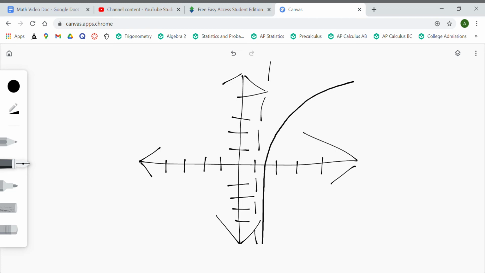Is this a function? It might be easy for you to say no, because look, we got a vertical line. It doesn't pass. Guess what? This actually passes. You can tell that this passes because this dashed line we drew right here,